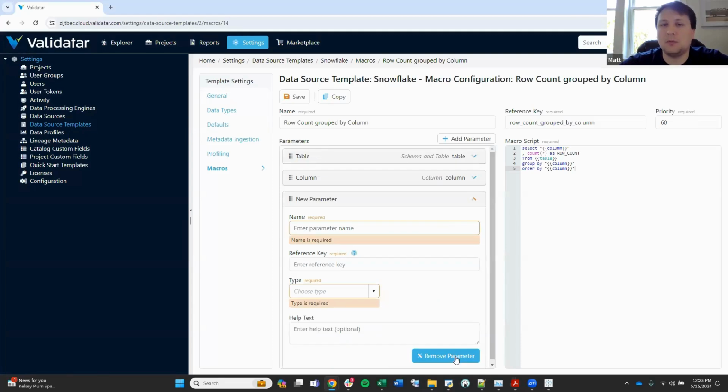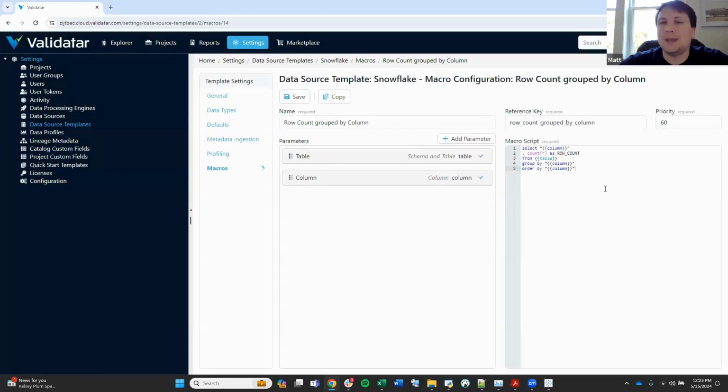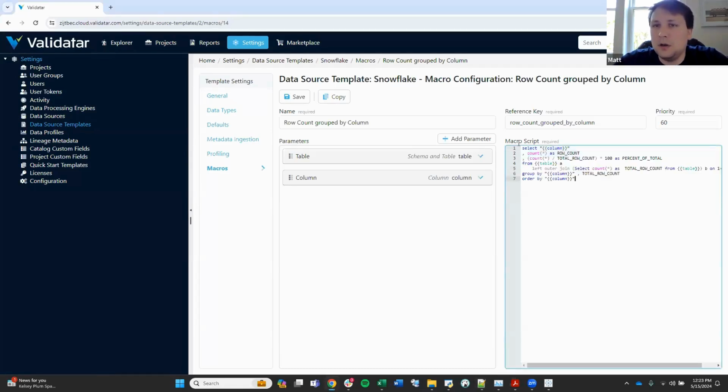I'm not going to actually remove them. But you can also edit this macro script. And just as an example, in this case, we had been talking about potentially wanting to add the percent of total to this row count script. And so I'm just going to update it here, and I just add in an additional count divided by a total row count to get my percent of total, and I had to join in a subselect to get that total row count. But just by making the change here and hitting save,